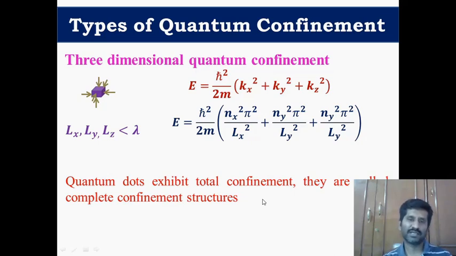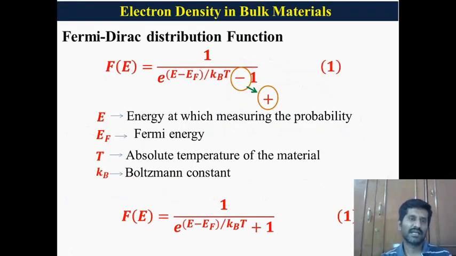Before completing this session, please note it down. In the last session, in the first lecture session, nanoelectronics fundamentals, I made a mistake. Please correct it. In the Fermi-Dirac distribution function, I used a minus symbol instead of plus. So the correct formula is this. So please correct it. I thank Mr. Karthik, one of my students, for pointing out this mistake.